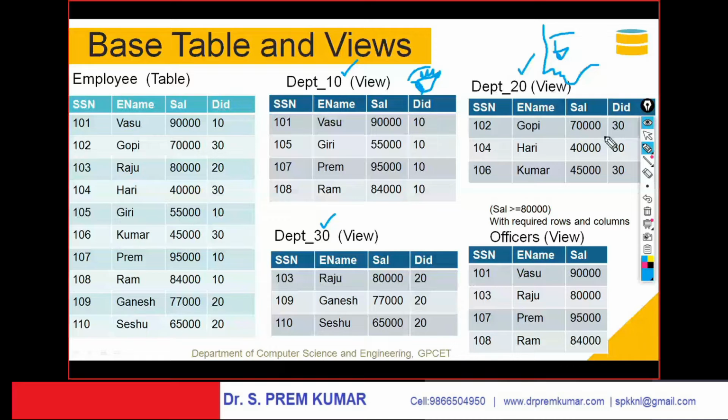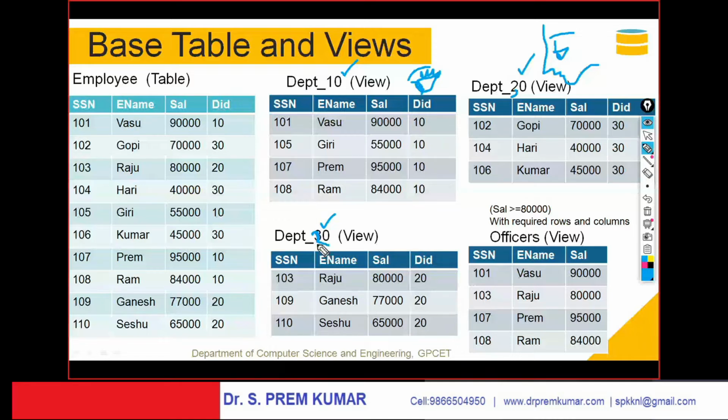The heading should be department 20. He can see only the department, I'm sorry, this is department 30, I think so. So the heading is changed. Department 30 only. He is able to see the employees of department 30 only. Similarly, if the manager is watching through department 20, he is able to visualize only 20th department employees.